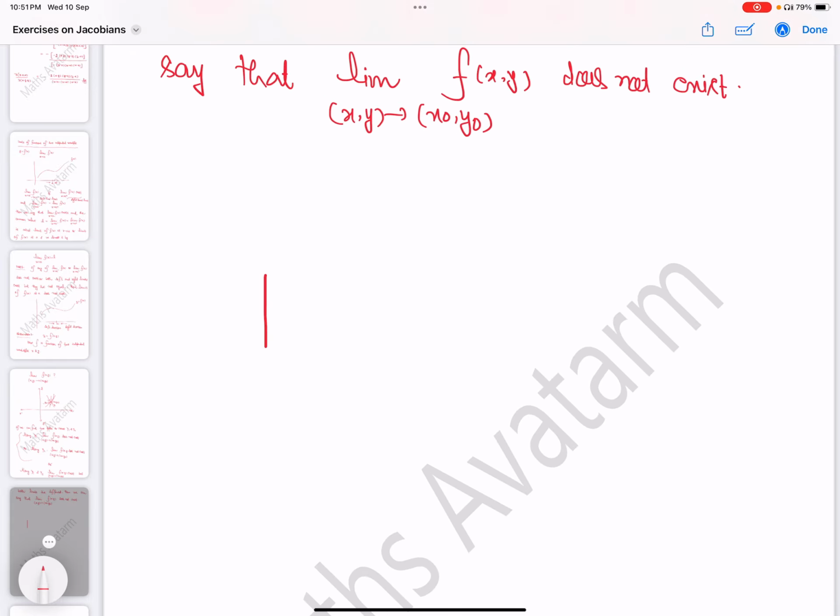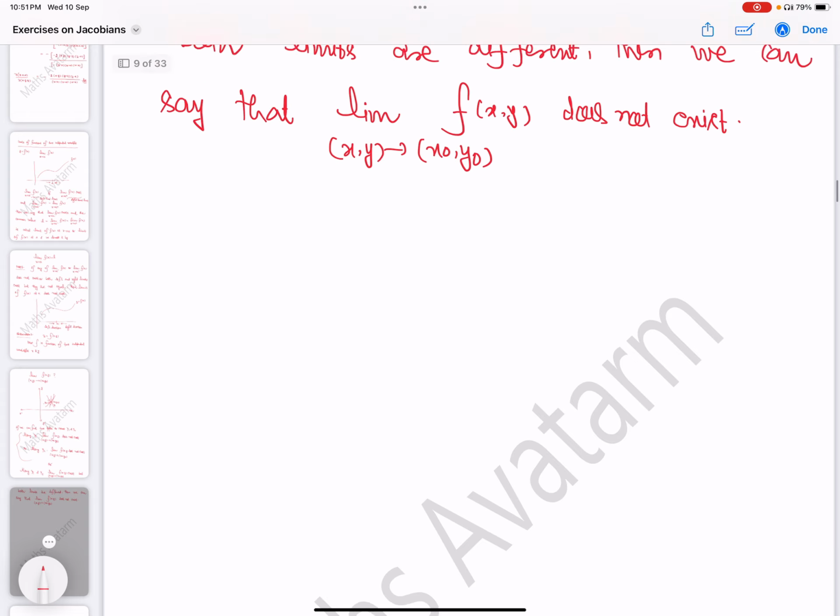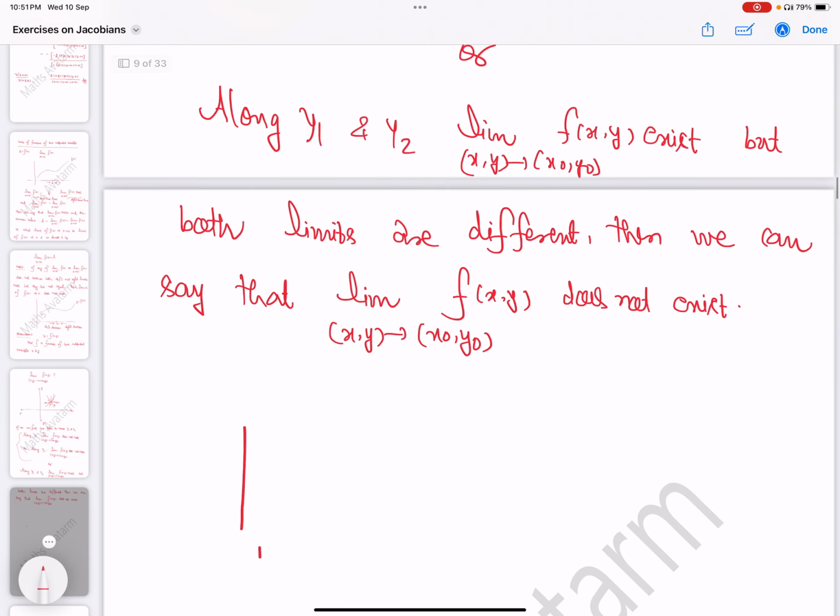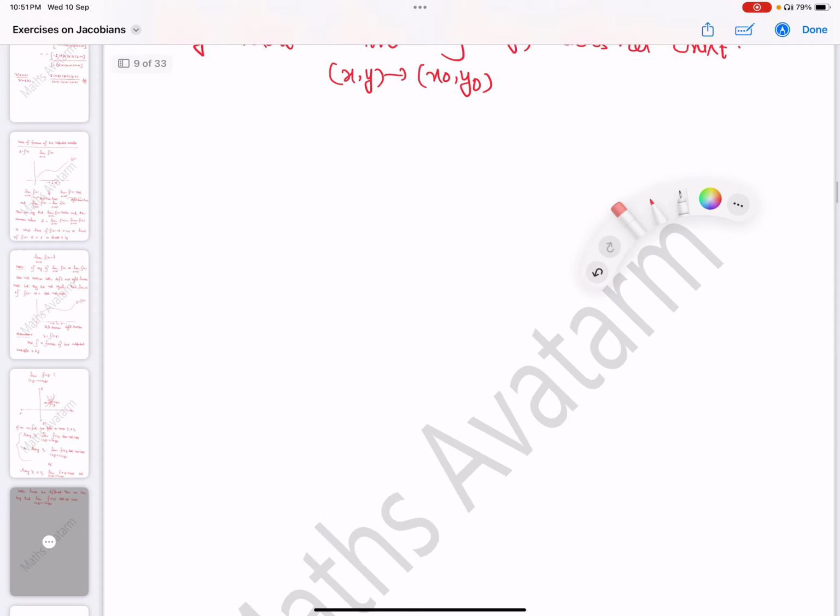Now we are doing some examples. It will be more clear. Okay. So example,